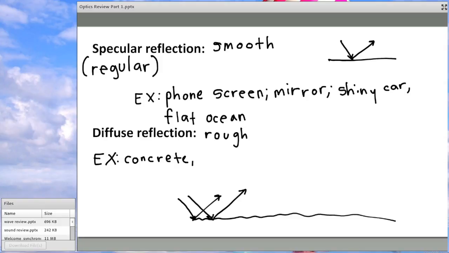And it's coming in here, going out here. So because you've got all these different angles, because it's not totally flat, your light kind of gets scattered. And so that's why they call it diffuse. Okay. And again, we kind of talked about this a little bit in part 2 of the EM wave review, but just in case you didn't have that